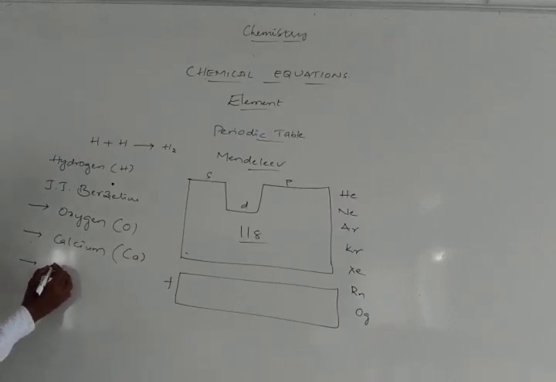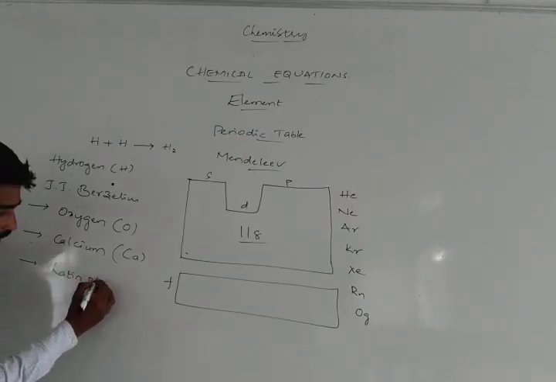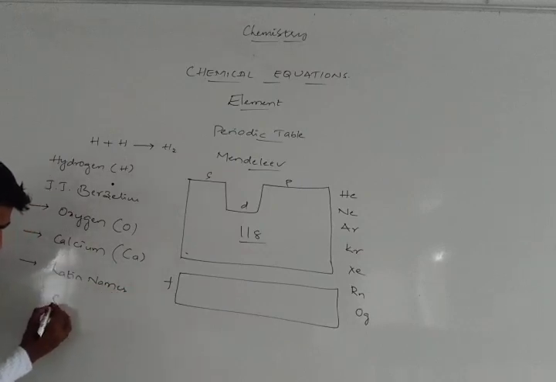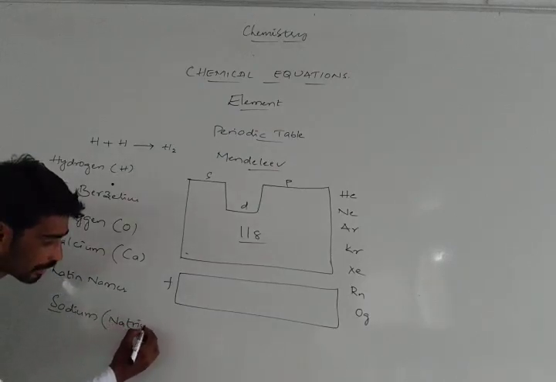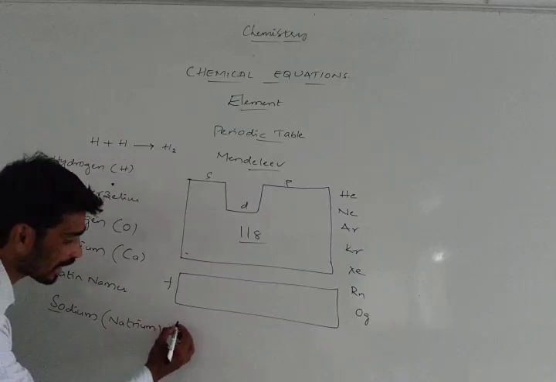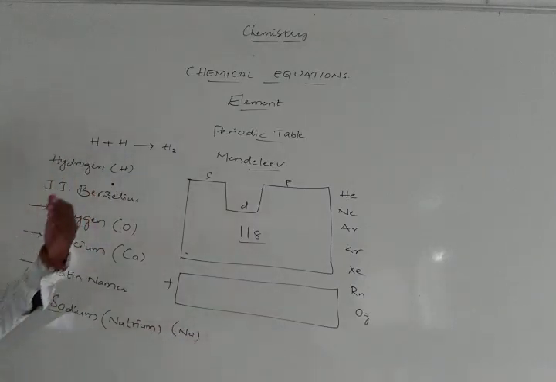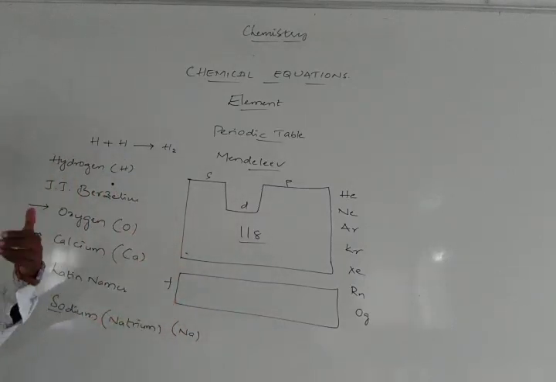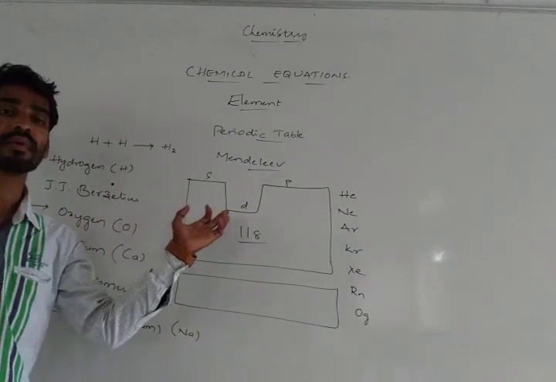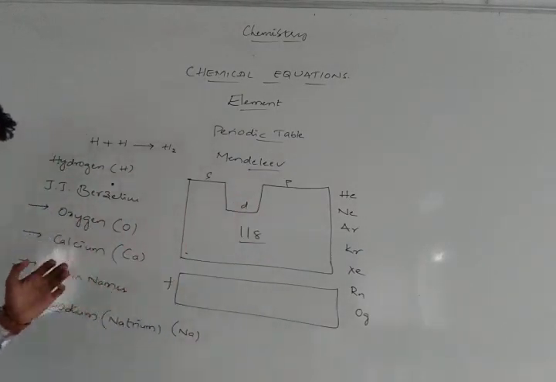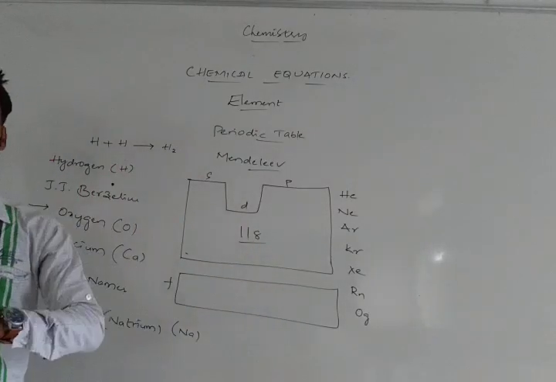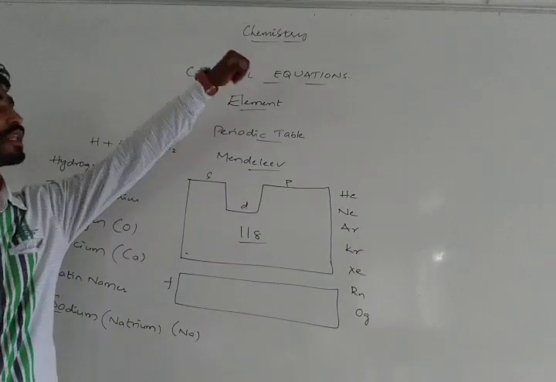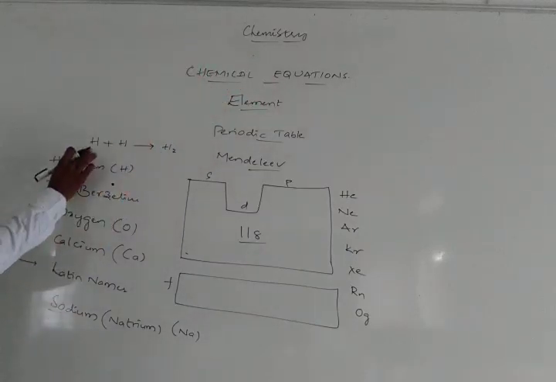And it depends upon the Latin names. For example, sodium. We can't use S or So. Why? Because the Latin name for sodium is natrium. So the symbol for sodium is given as Na. And thereafter the place of availability also, and the scientists who discovered them, like Mendeleevium, Einsteinium, Rutherfordium, and planets also, like Neptunium, Plutonium, Uranium, like that.